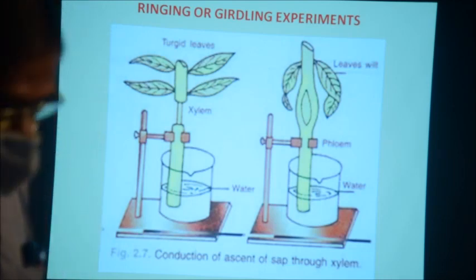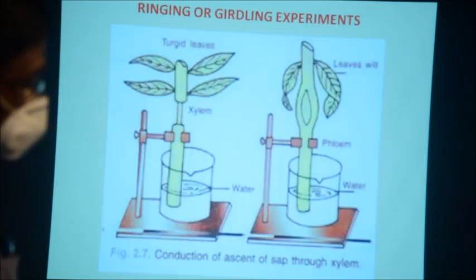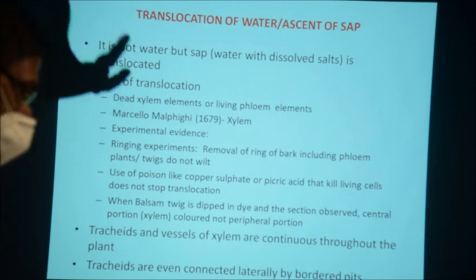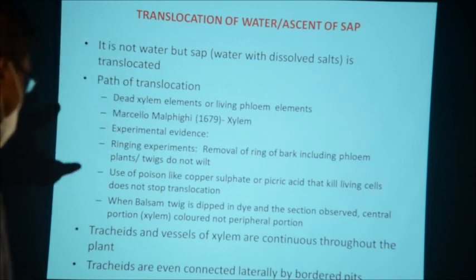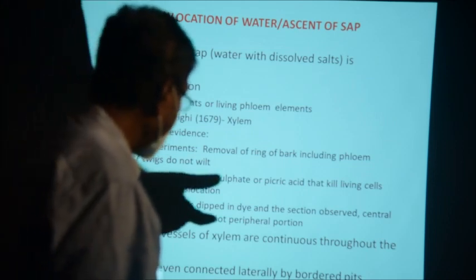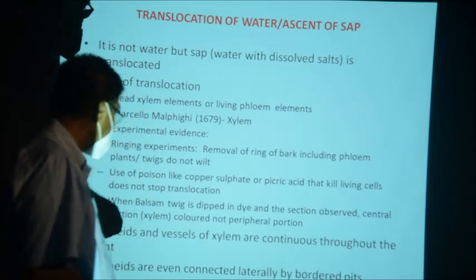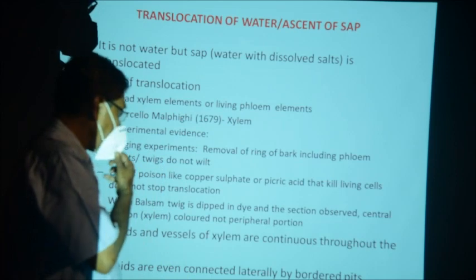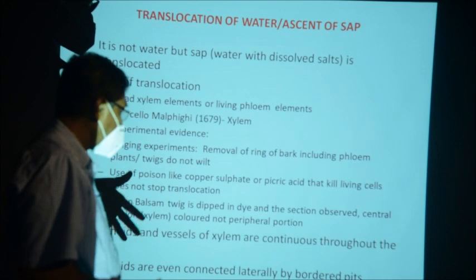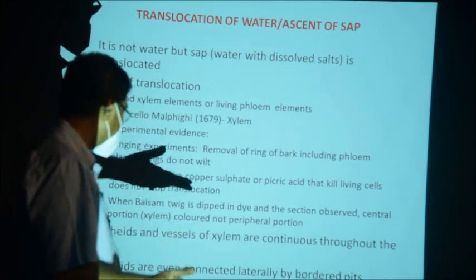Wilt means the leaves dry up. So it is a ringing experiment. If you keep a poison, like picric acid or copper sulfate, and keep the stem, the plant, in that, you will find that the plant doesn't die. It is because water is not carried by the living cells, it is carried by the dead cells,